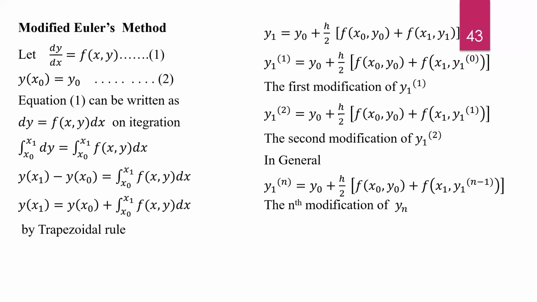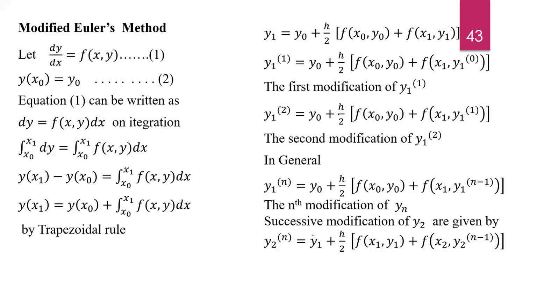So this is for y suffix 1. Similarly, the successive modification of y2 is given by y2 raised to n is equal to y1 plus h by 2 in square bracket f at x1 comma y1 plus f in bracket x2 comma y2 raised to n minus 1. Now here the general formula we can also write as